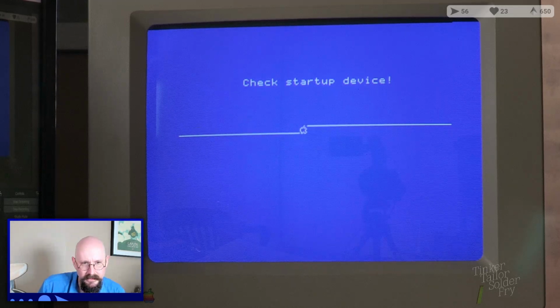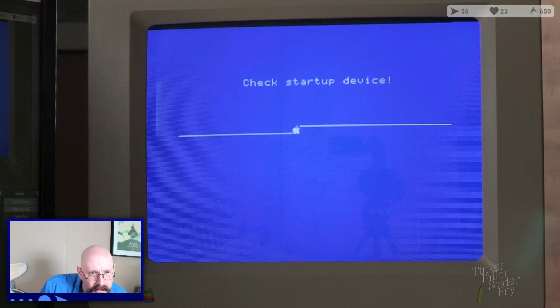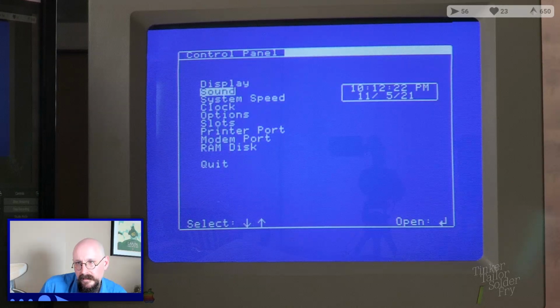Okay. Interesting. What device were we trying to start it from? Yeah, so the CFFA dip switch is not set properly for GS, or the CFFA is not working correctly. That sounds kind of correct to me here. I mean...